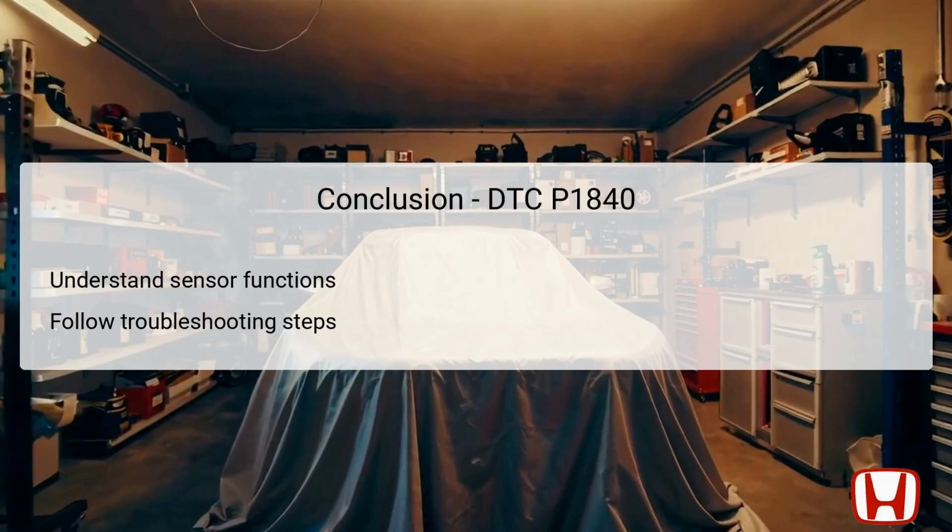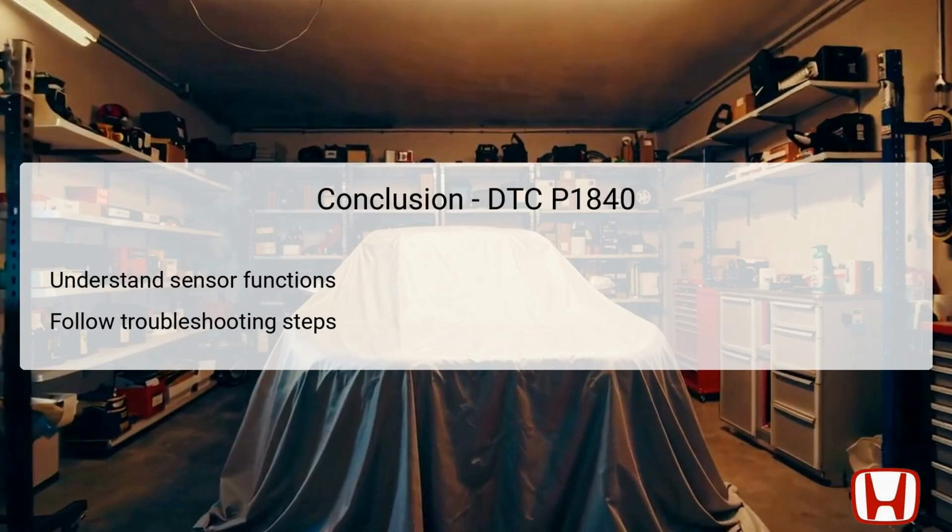In conclusion, understanding DTC P1840, which pertains to the CVT speed sensor circuit, is crucial for maintaining optimal performance in the Honda Accord 2023 model. The primary focus during troubleshooting centers on the CVT speed sensor and the TCM, with specific attention to diagnosing irregularities in their operation. Careful execution of each troubleshooting step allows technicians to determine the root cause and develop suitable remedies